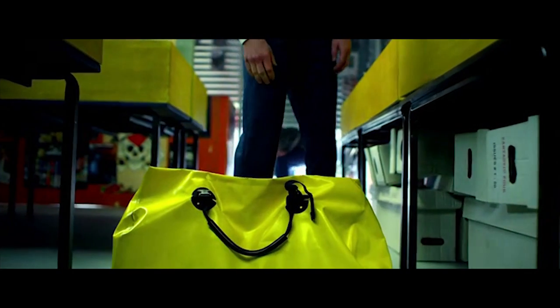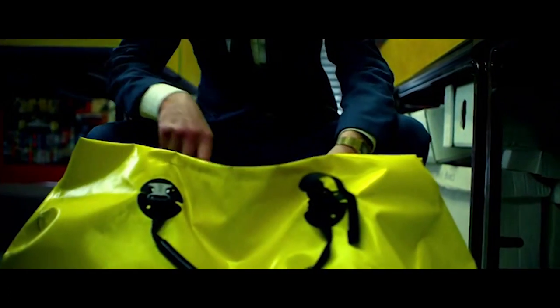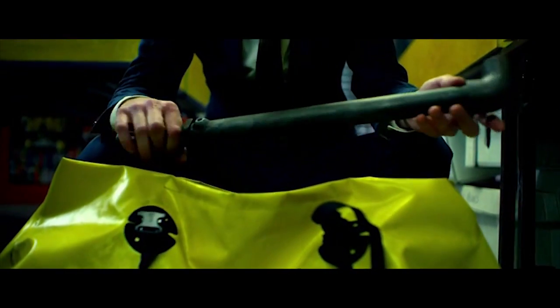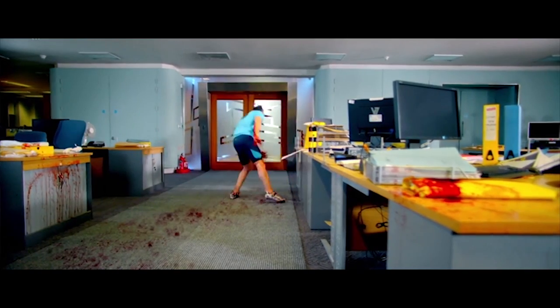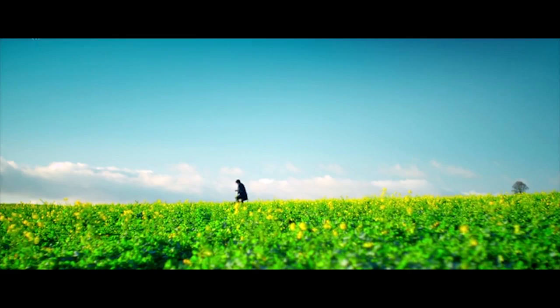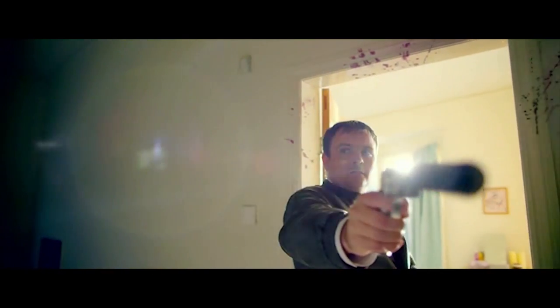Utopia can then be encapsulated by the smiling yellow bag synonymous with the show, hiding something much darker behind the bright outward surface. There's a discrepancy between the colourful settings and the brutal acts which occur in them, making even seemingly safe or domestic settings potentially deadly. Which brings us on to...